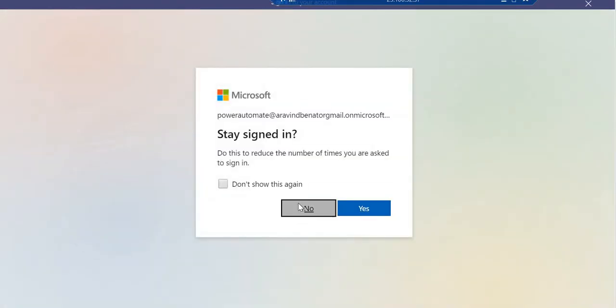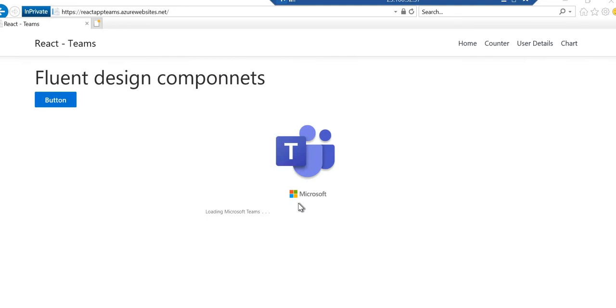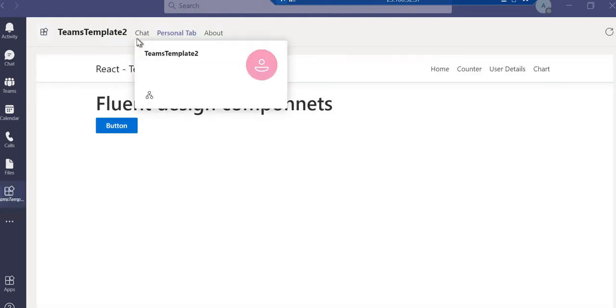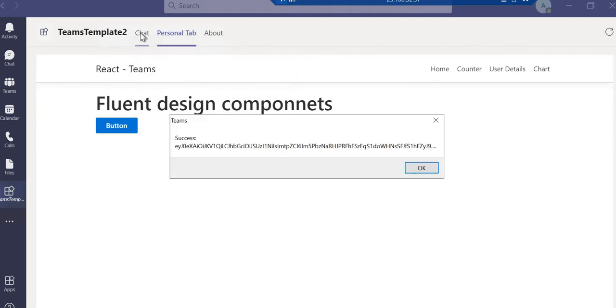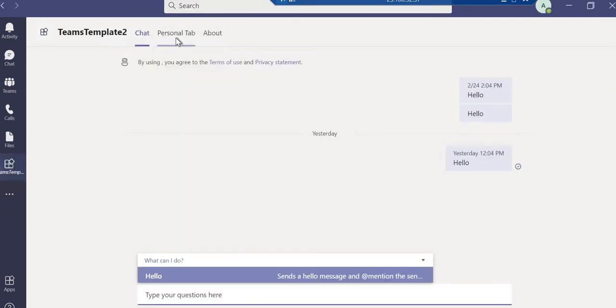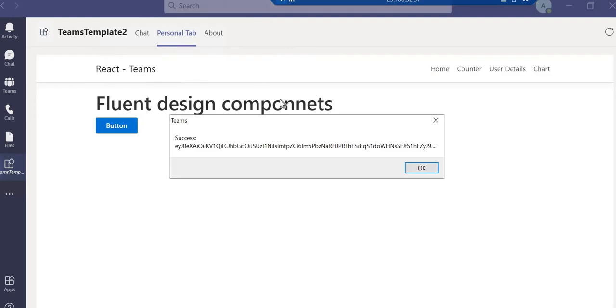Once you log in, we should be able to see our apps as well. This is our app. This is the chat, and when you click on this, it is the bot. This is the bot, and this is our tab. When you click on the tab, it's not asking for login for our website, the single page application we have integrated with this Teams app.